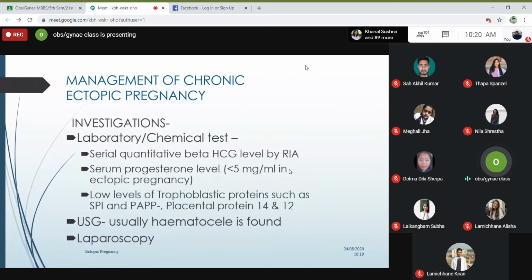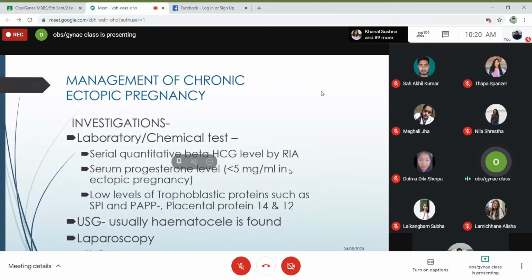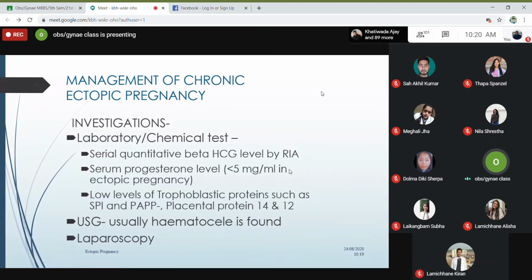Now chronic ectopic pregnancy. Chronic. Okay, chronic was which ruptured some time back, and then the body has taken care of it, and it's formed a mass with all omentum and tube and ovary jumbled up together. So that is chronic. So that's why it feels like a mass. Okay, vague mass. So what are the investigations you do?